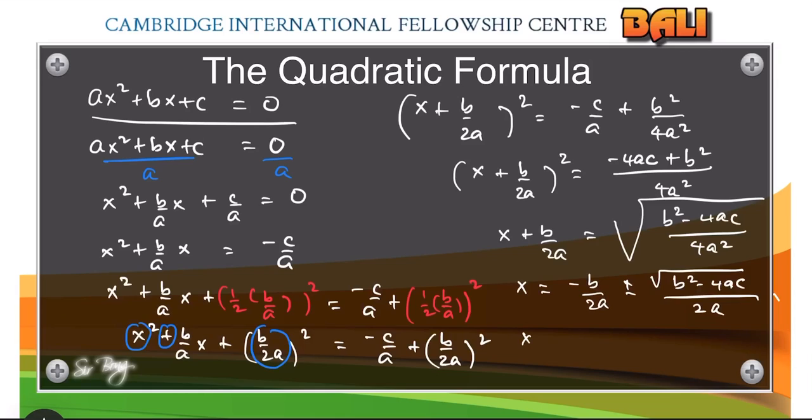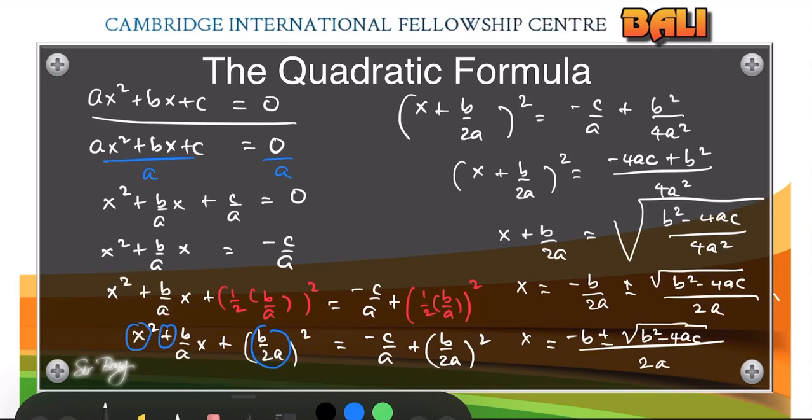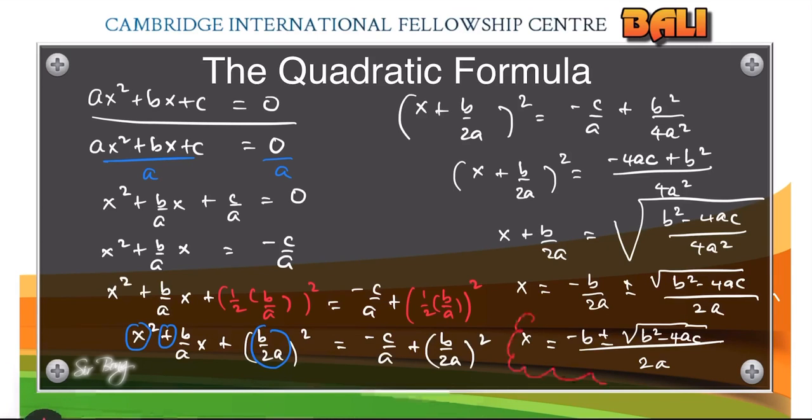So combining similar fractions here, everyone will just be all over 2a. And this is minus b plus minus the square root of b squared minus 4ac. This is the quadratic formula. We will use this quadratic formula